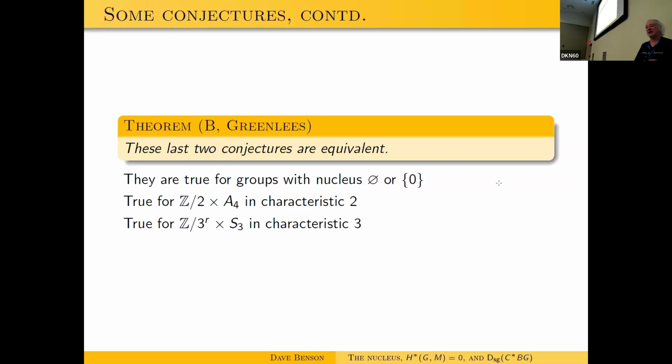And then John Carlson and I actually managed to prove it in some cases with a nucleus. And those are actually the two groups that I was talking about earlier, and a slight generalization of one. So there are some groups for which you can prove the conjecture, but it was really hard work. I have to tell you that, you take Z mod 3 cross symmetric 3, this 9-dimensional algebra, and you start grinding away, and it just takes a lot of effort to get at this conjecture.